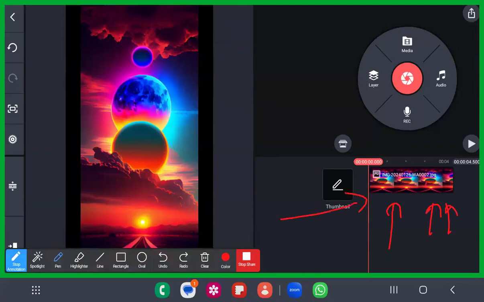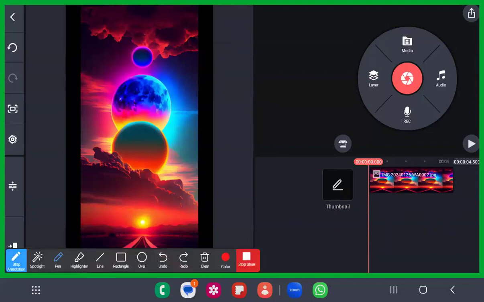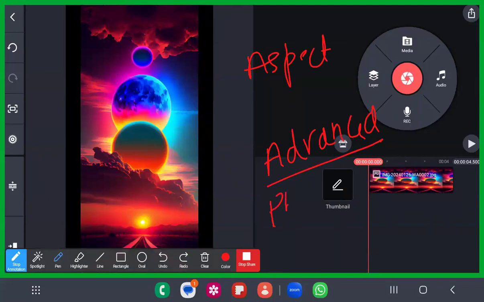Okay, and again I'm going to tell you one thing. In the advanced options, we had seen three different things. Do you remember what we saw in the advanced options at the beginning? Below the aspect ratio, there was something called photo fill, right? One was fill, one was... yes, please. If you remember, please type in the chat box. I want to hear from you all. Fit, yes, fit, fill, and auto. There were three things: fit, fill, and auto.